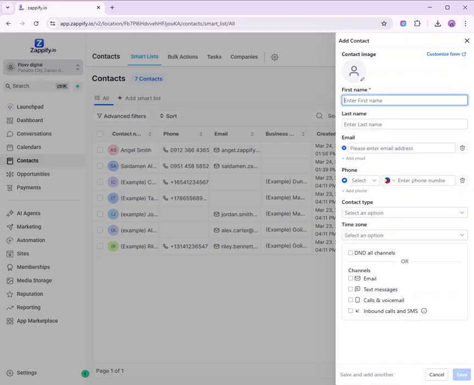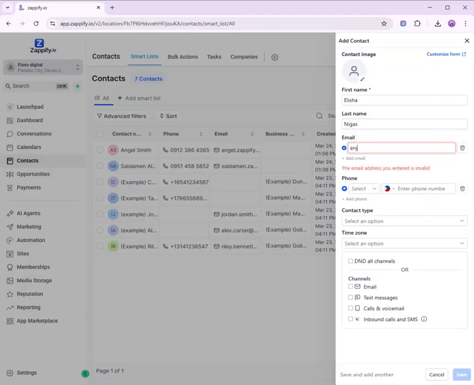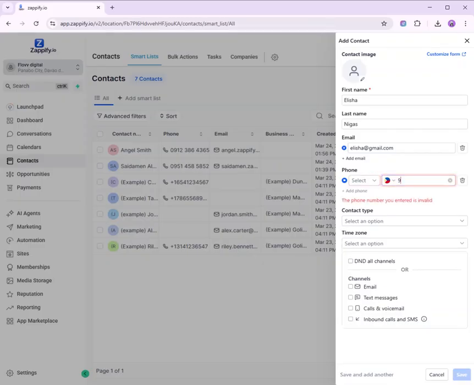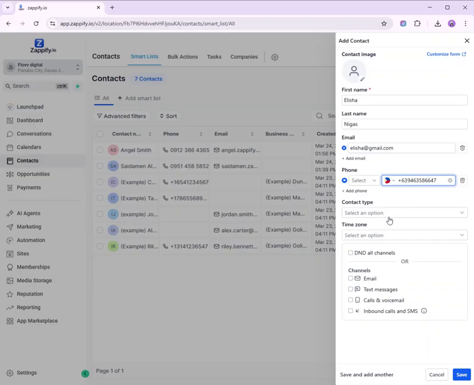So let's say, for example, you can choose their contact type, can be lead or customer.